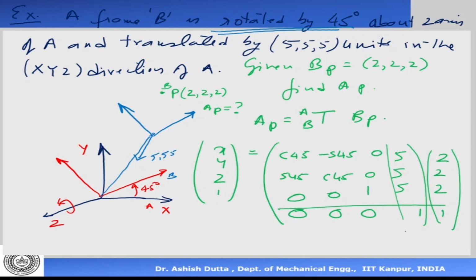Okay, so this part is the rotation part, which is equal to RZ 45. This is the translation part, so del X, del Y, del Z, which is the distance between the origins. So this is the distance between origins. Okay, and this is BP, which is given. So now multiply it out. So let's put in the values.